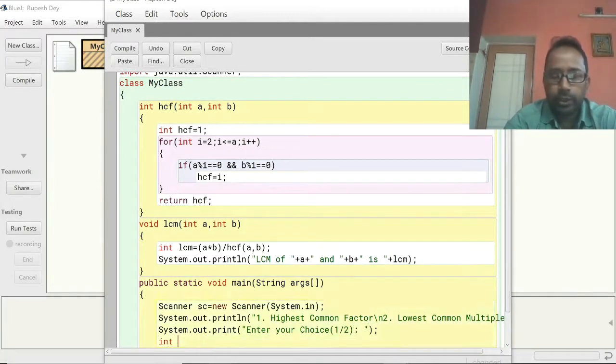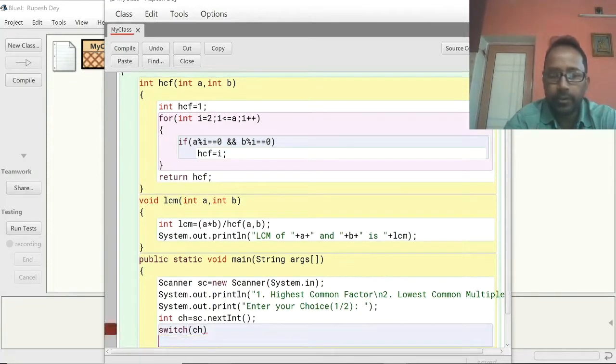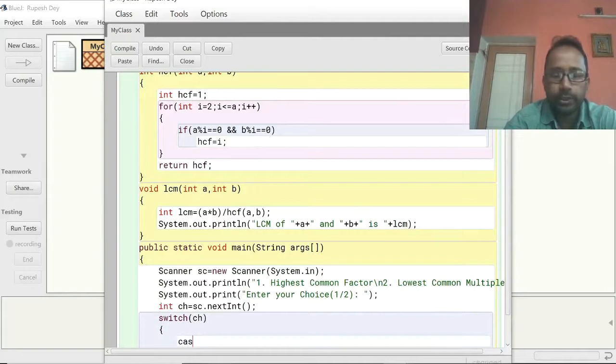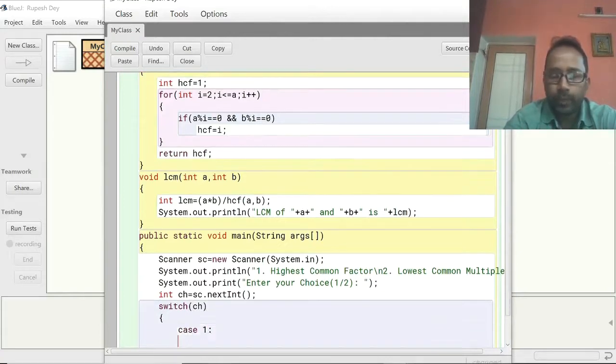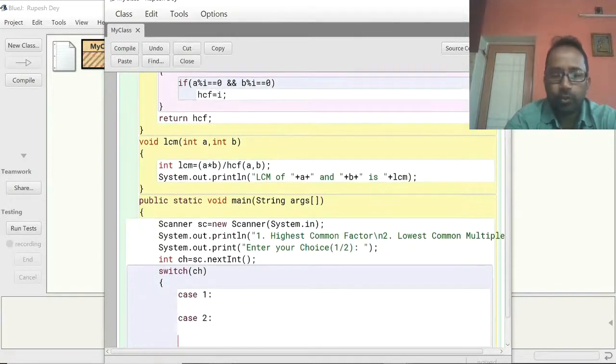Then you take the choice input in an integer variable ch equal to sc.nextInt. Now switch, what to put here, ch, because ch value we will check against two constant values. One is case 1, another one will be case 2, and last one will be default.